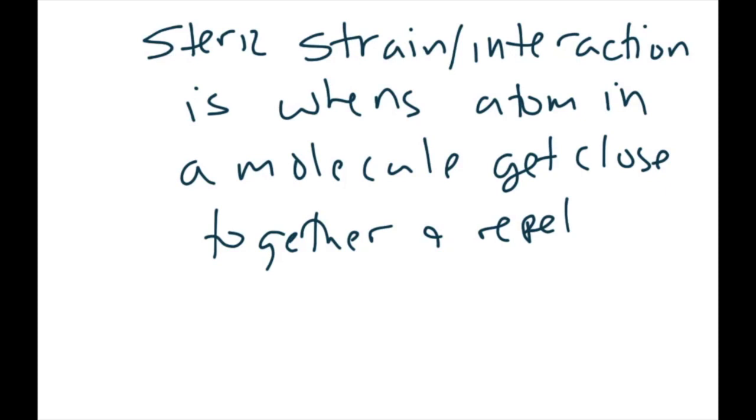Right? So as you move atoms closer together, because they have that negative cloud around them, they push apart. So that's called steric strain or a steric interaction. Sometimes it just gets shortened down to sterics. Right? In a Newman projection, the particular type of steric interaction or steric strain is,